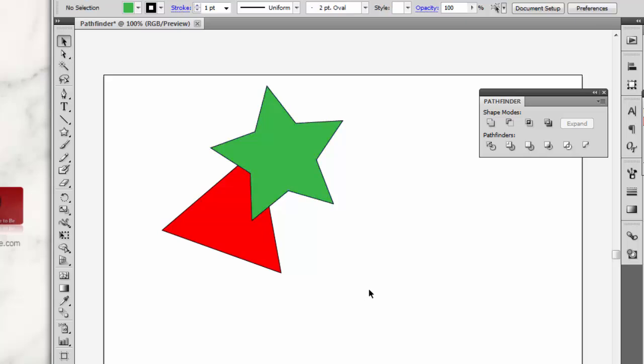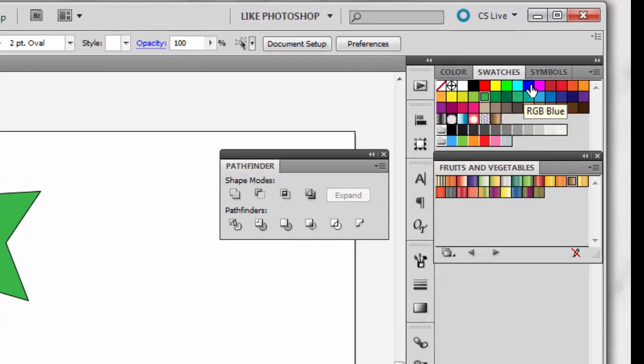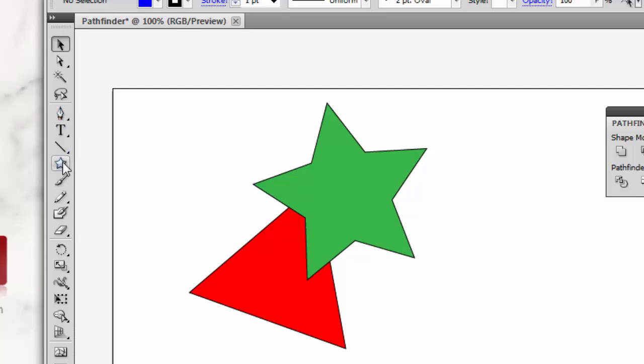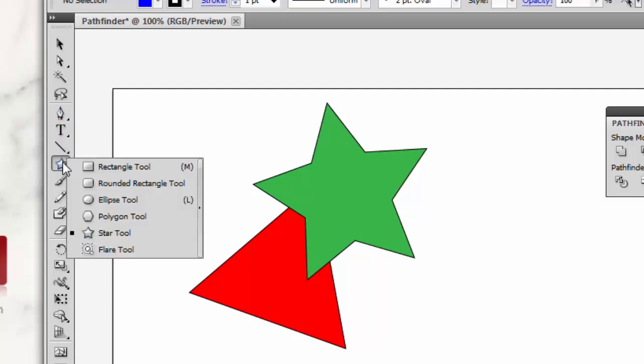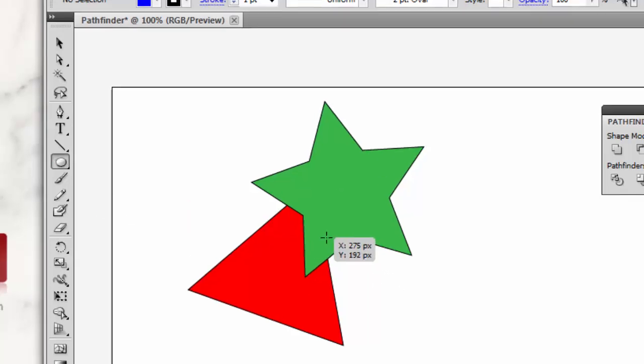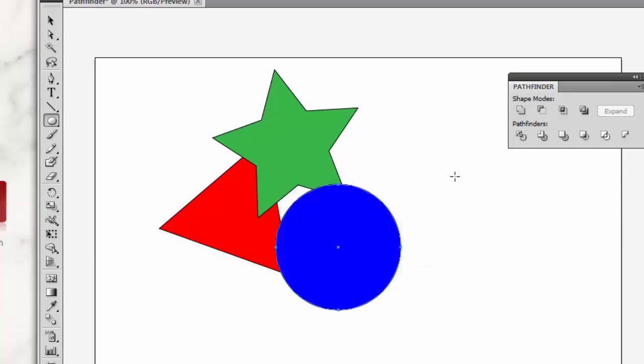Deselect it. And let's see, we'll do another color here. Let's do blue. And what shape to use? I guess we'll just use the ellipse tool. Holding down Shift key to make a circle. Okay, there's our 3 shapes